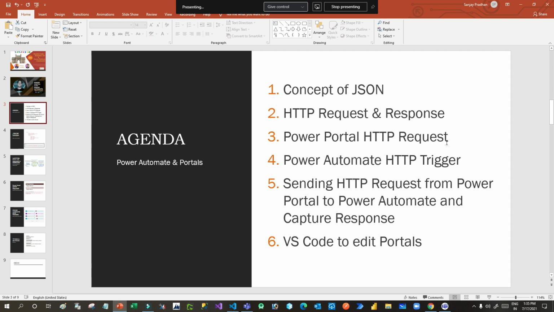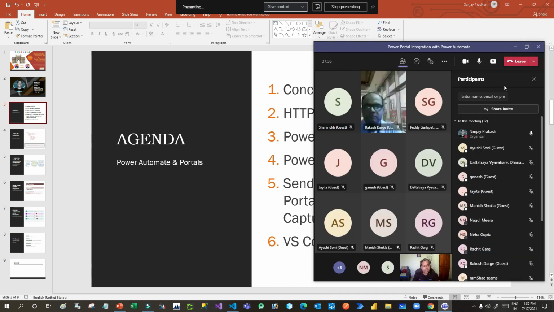Because editing web templates, page templates or web pages using the given Power Portal editor is not that flexible. So it is better to use VS Code, Visual Studio Code, so that we can work on. Okay, so let us start.